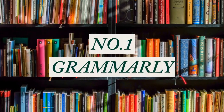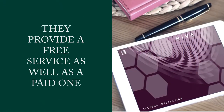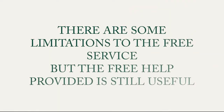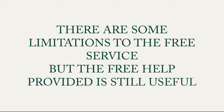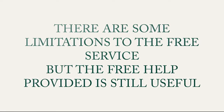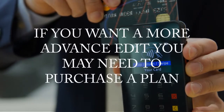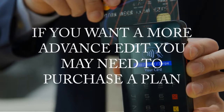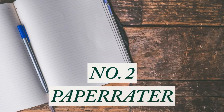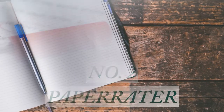First up is Grammarly. Grammarly provides a free service and they also provide a paid service online. Whilst there are some limitations to the free service provided by Grammarly, the free help provided is extremely useful. But if you have the funds and you want a more advanced edit, you should feel free to purchase a plan from Grammarly. Next up is Paper